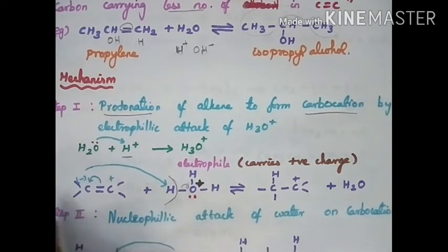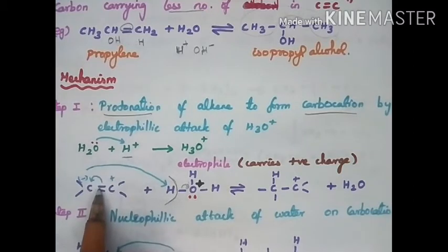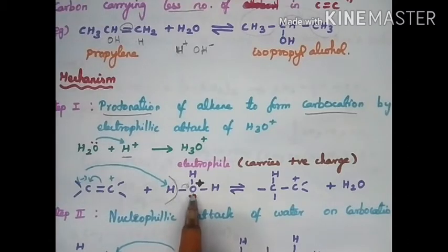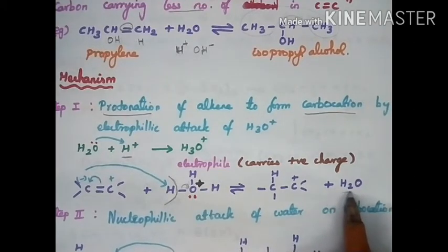What is here? First, one of the bonds shifted to one carbon. That carbon carries a minus sign. Another carbon carries a plus sign. This minus attracts the H plus from H3O plus, H plus leaving this bond. Each bond carries how many electrons? 2 electrons. Those 2 electrons go to oxygen. So no need to put the plus. It gains its 2 electrons. So it is removed as a water molecule.